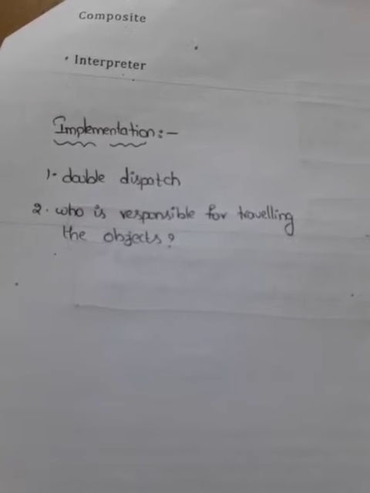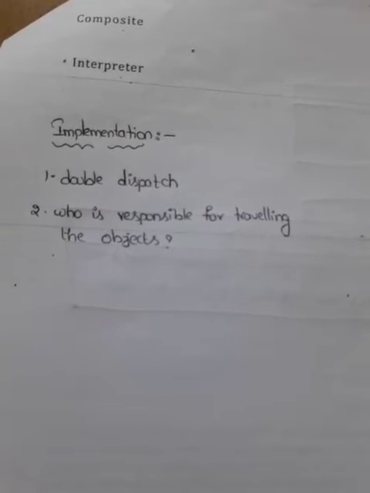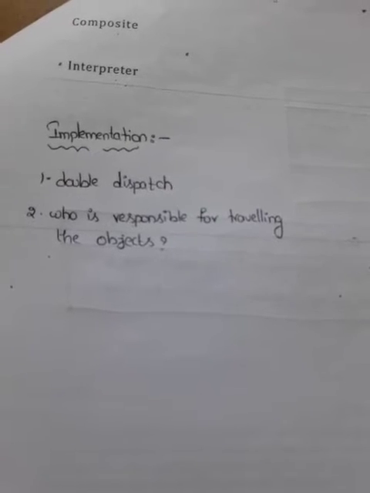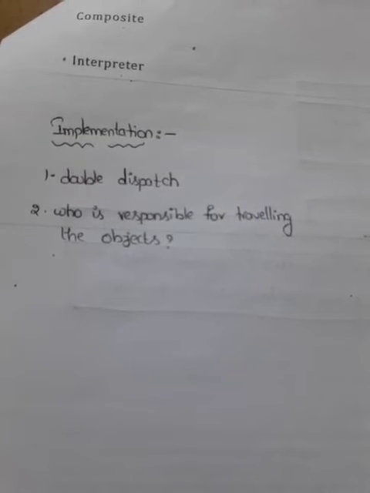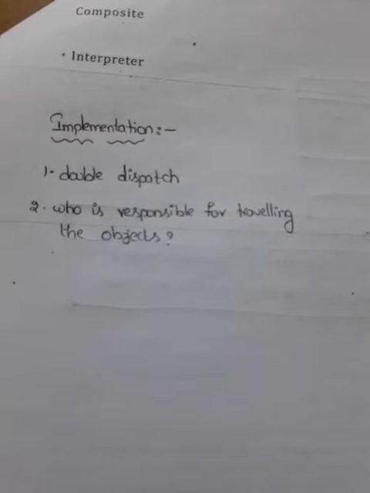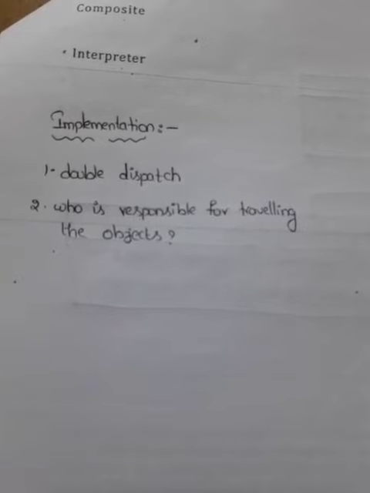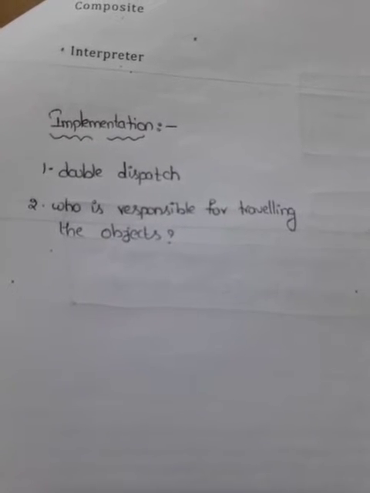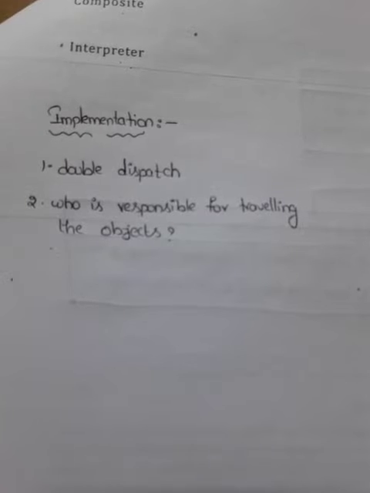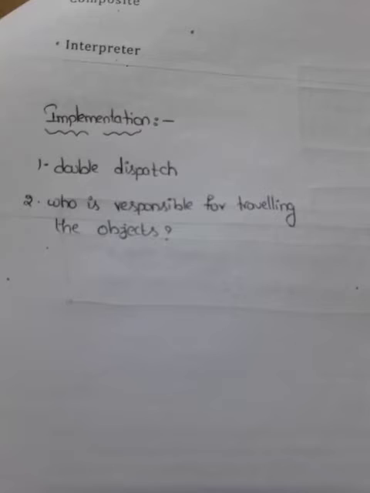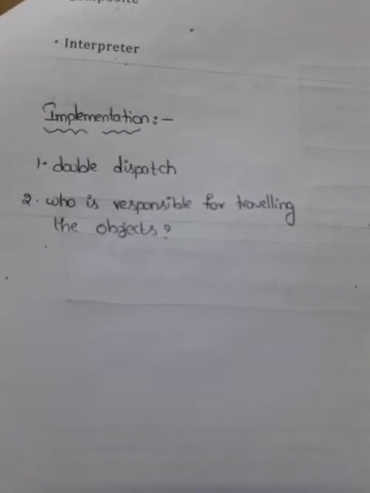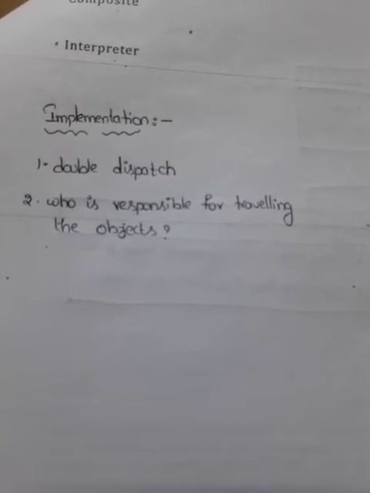That means languages like C++ and Smalltalk support single dispatch. In single dispatch languages, we have two criteria that determine which operation will fulfill a request. That means the name of the request and the type of the receiver. In double dispatch, simply it means the operation that gets executed depends on the kind of request and the types of two receivers. Accept is a double dispatch operation. It means depending upon two types, that is nothing but the visitor and the element.